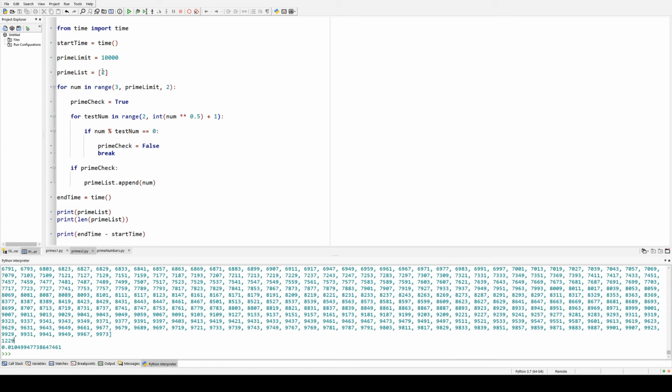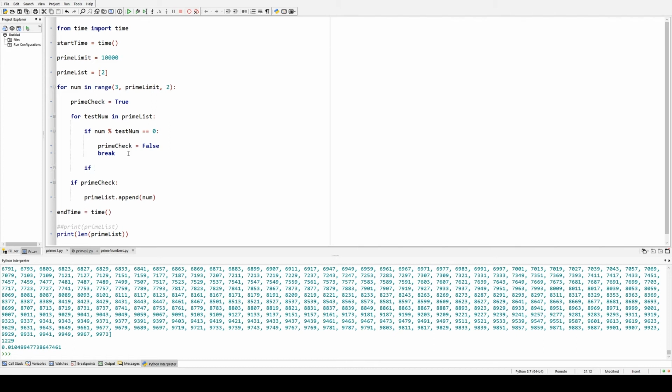So essentially what we're going to do is, because of prime factors, all we need to do to check if a number's prime is try dividing it by prime numbers up to the square root of itself, instead of just every number. So let's add that in. So what we're going to do is for test num in prime list. But now it's not going to stop when it gets to the square root. So now we'll also say if test num is greater